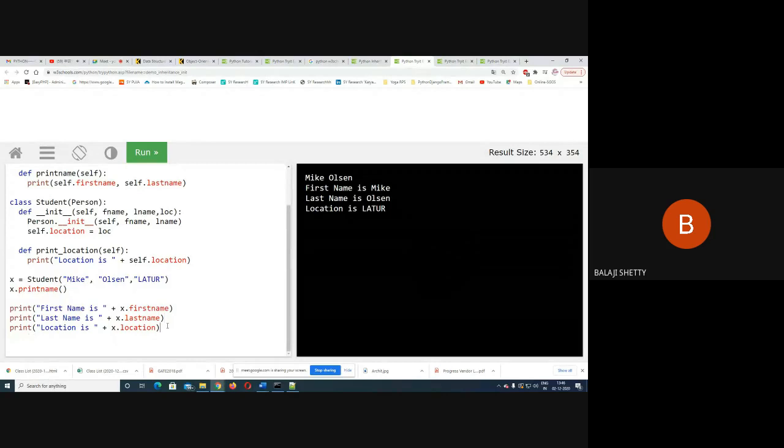Now I will call this member function x.print_location. That's it. What I'm doing now, inside the function,